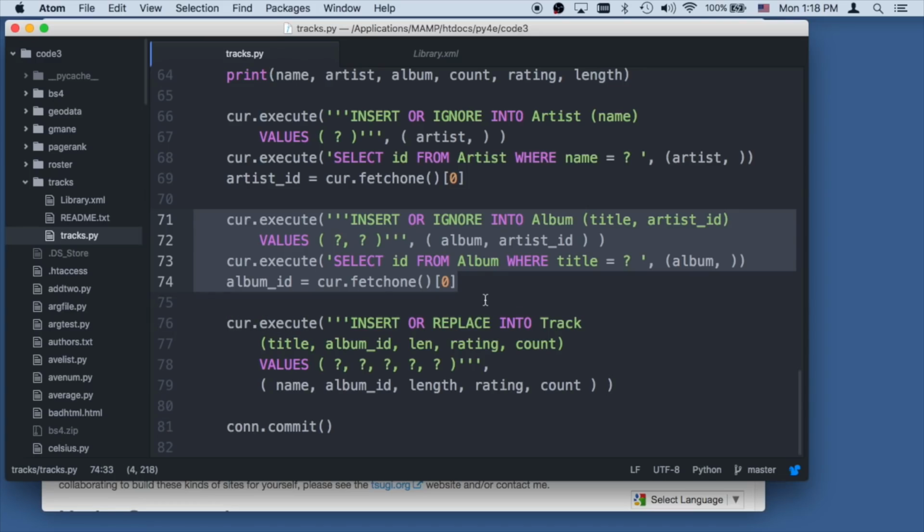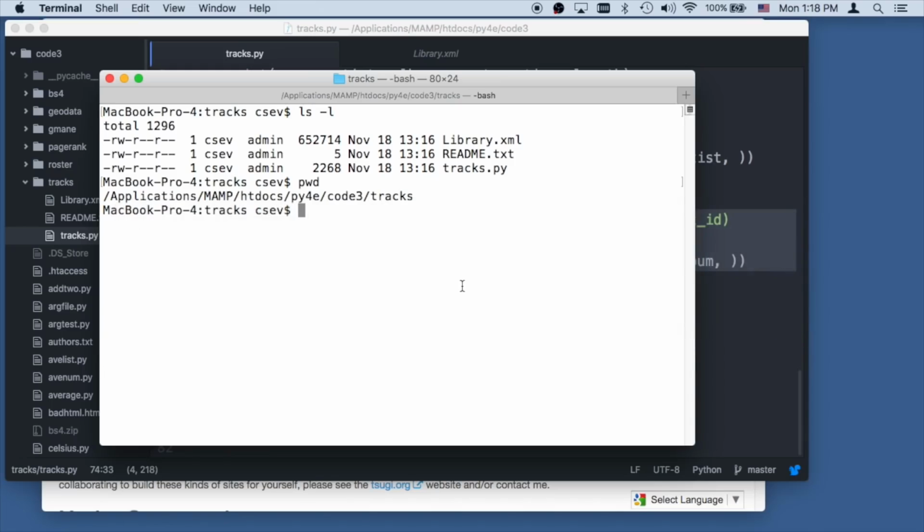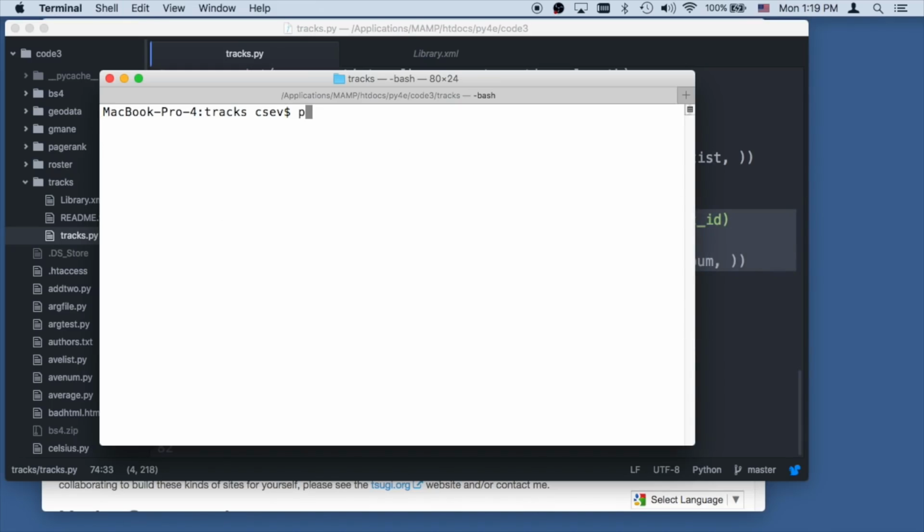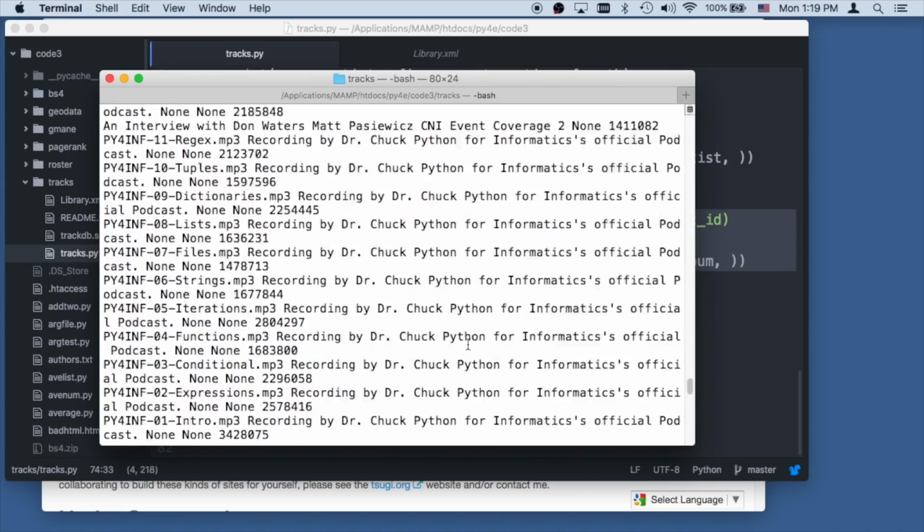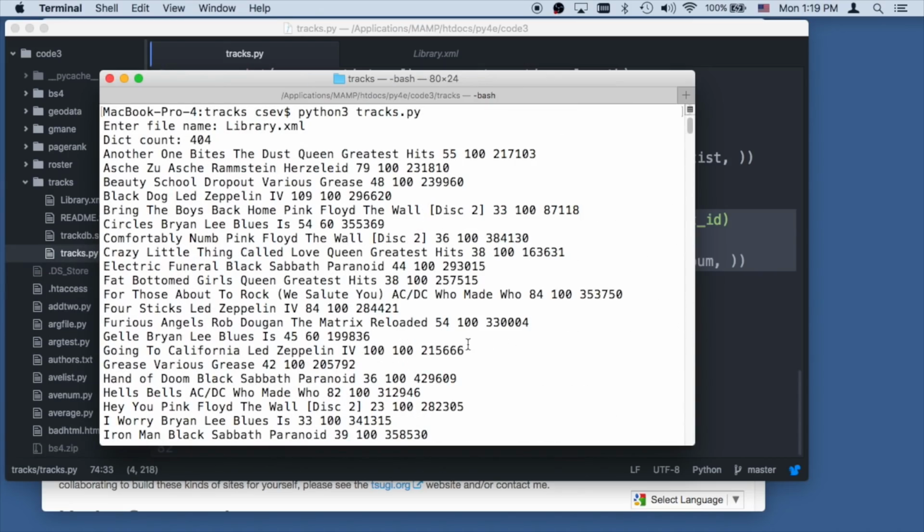So there's not much left to do except run this code. Hopefully it runs. Python 3 tracks.py and library.xml. Whoosh! Okay, so we found 404 of those dictionaries, 3D dictionaries, and now it's starting to insert them, insert them, insert them,